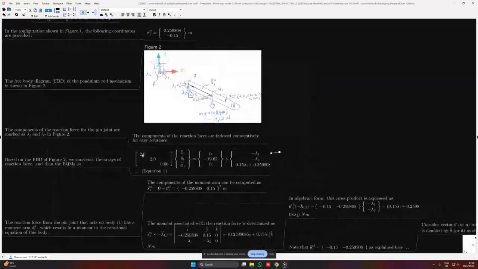Now, the components of the reaction force for the pin joint are marked as lambda 1 and lambda 2 in figure 2. And the components of the reaction force are indexed consecutively for easy reference. Based on the free body diagram of figure 2, we also construct the arrays of reaction force and then the equations of motion. So to do that, we simply remember from the previous section that we looked at,